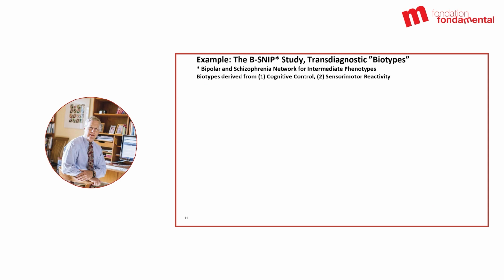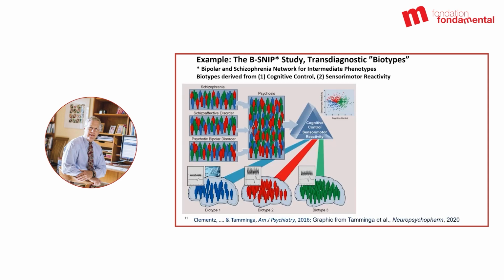Another study is called the Bipolar and Schizophrenia Network for Intermediate Phenotypes. And you can go next to put up the slide there. So this is a slide that represents a large experiment with over 400 people, originally sampled from patients with either schizophrenia, schizoaffective disorder, or psychotic bipolar disorder, finding relatively little difference among these three diagnostic classes. All of the patients were grouped into one large class called psychosis. And then, given that the investigators had gathered a large number of data types, they did a factor analysis to say, okay, what are the factors for these patients that are the most strongly representational